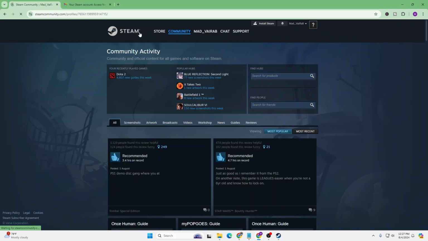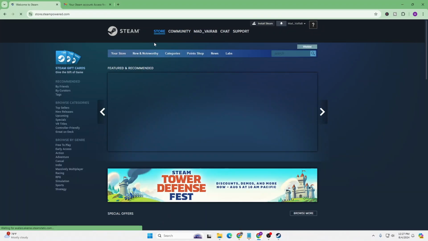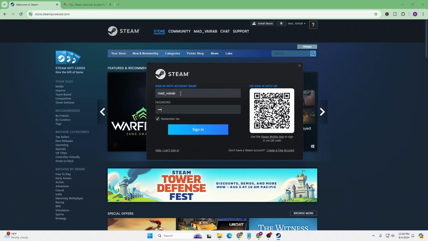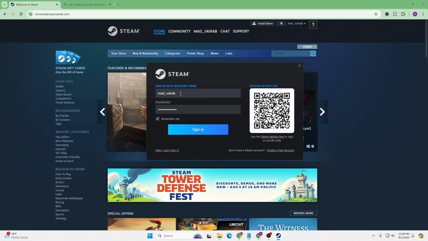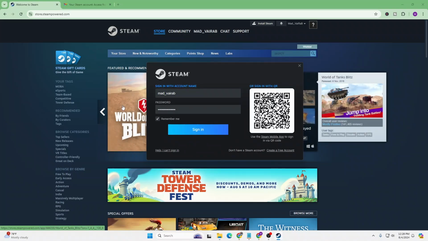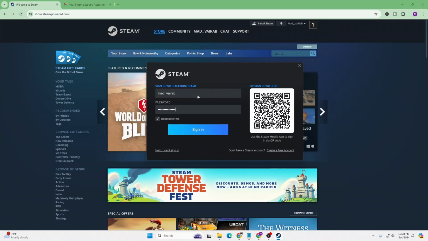When this loads guys, try logging into your account on your Steam app as well. By that way guys, your account on the Google Chrome as well as your Steam will sync. So let's enter our account name and let's enter the password. And after entering your username and your password on the app, click on the sign in button over here,